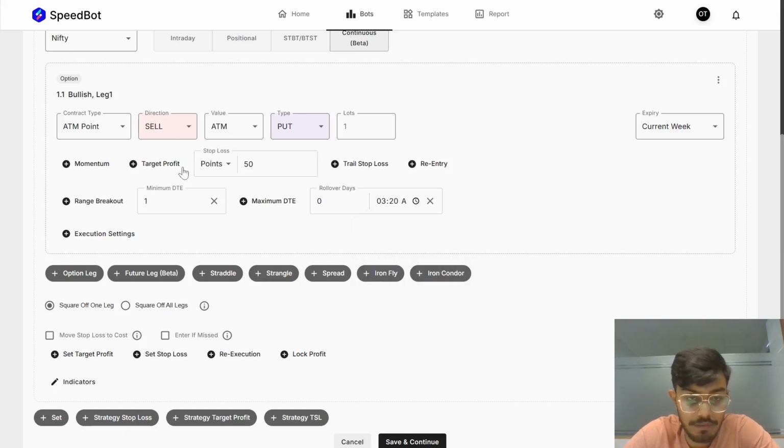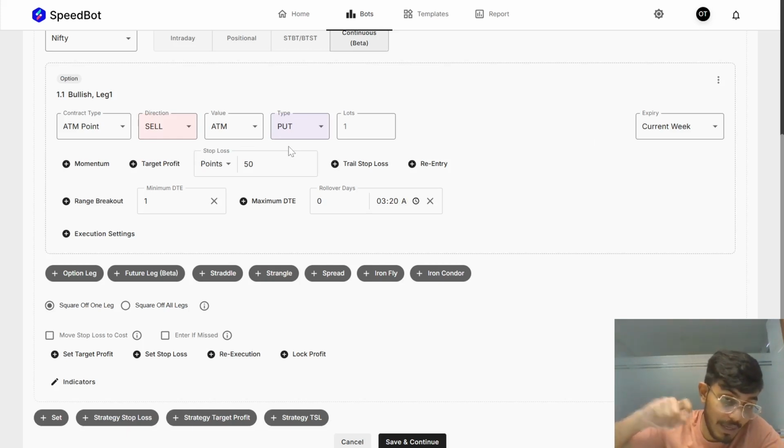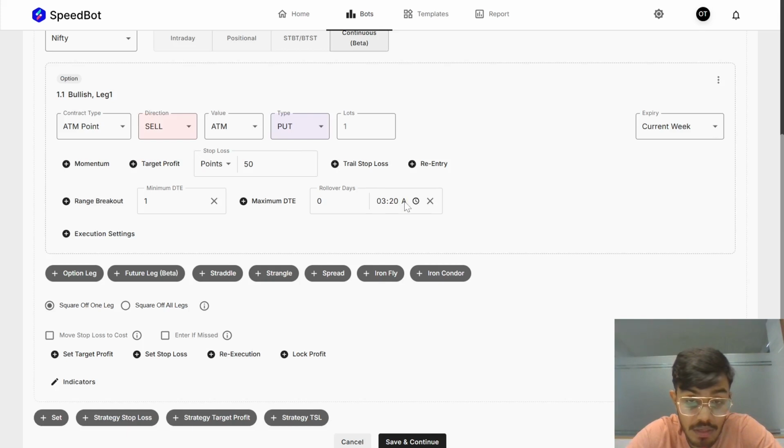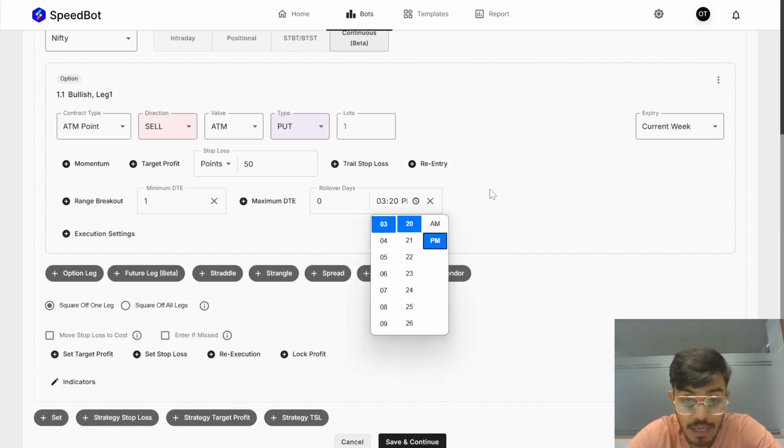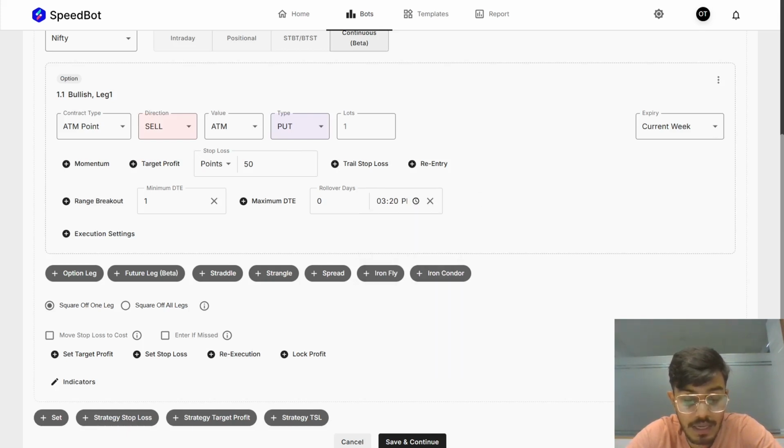For example, if I would have shorted this particular put on Wednesday, but still my position is held on and I would like to continue with my buy signal along with the chart, along with the trend, then what I can do is simply say to the algo, to the robot, that on the 0th day,